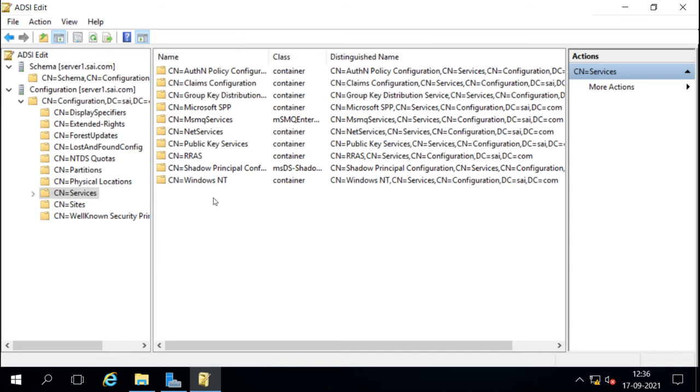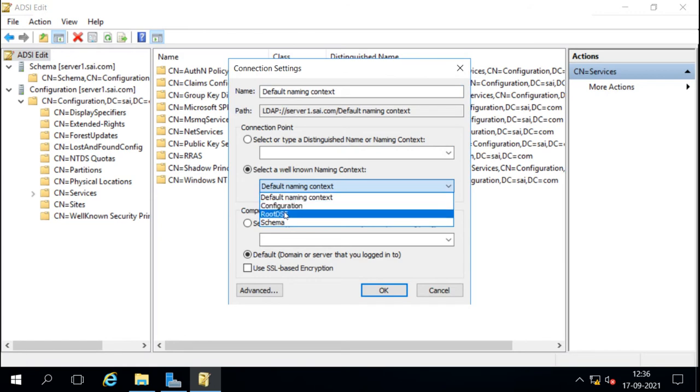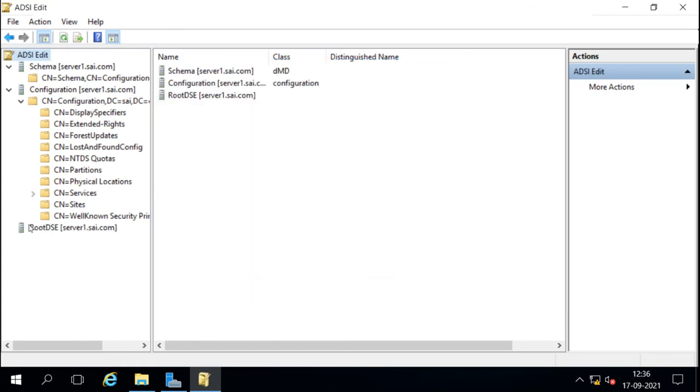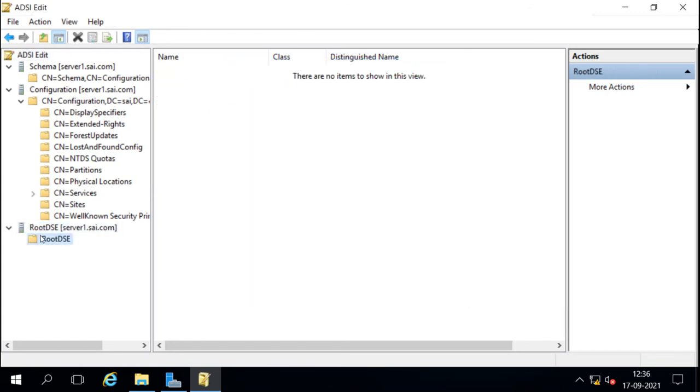And the service connection point: when we install ADRMS or ADFS, those service connection points are registered here, so that the Active Directory will get the information. All the users will get the information from here. So these are the partitions here. One more, the domain partition is also there, which is this root DC, and under that you can see your root domain.